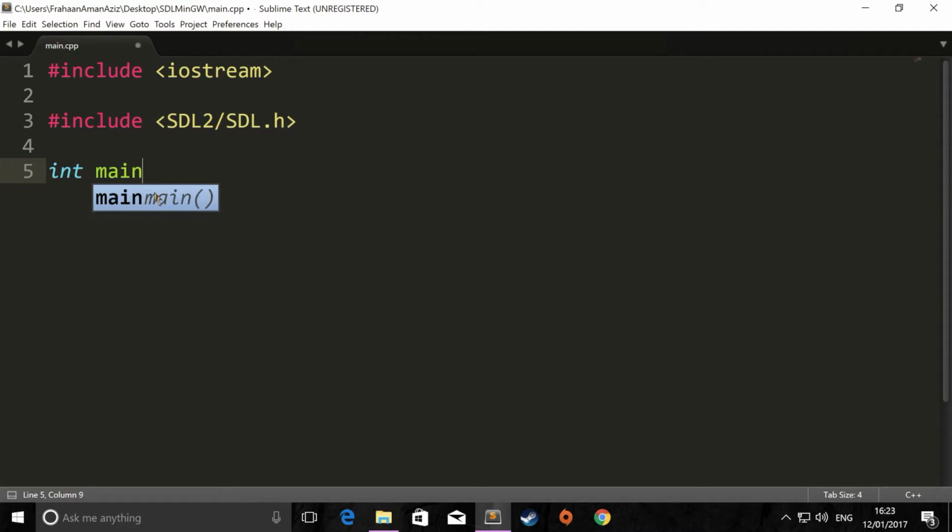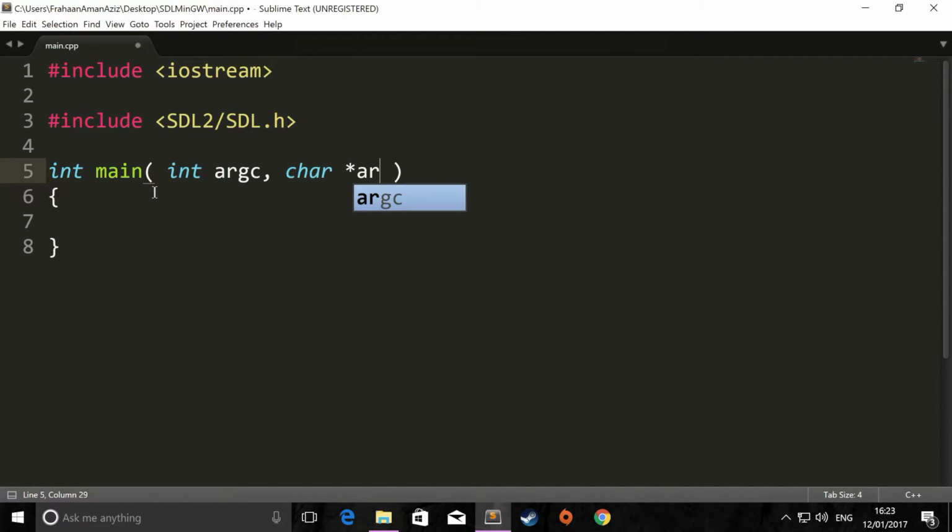Now you want to create a main entry point for our application. So this is just going to have an int argc, which is the argument count, a character array, which is going to be the argument values,